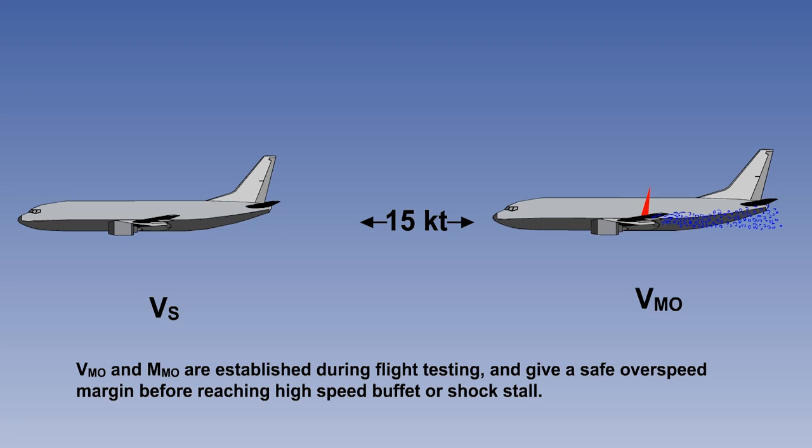High speeds are operationally necessary, and designers are constantly trying to find ways of increasing maximum speeds without incurring any undesirable flight characteristics. The limits mentioned just now, VMO and MMO, are investigated and established during certification flight testing of new types. These maxima give a speed margin into which an aircraft can momentarily overspeed and be recovered by the pilot before any undesirable effects occur. This lesson concludes the series on stalling.